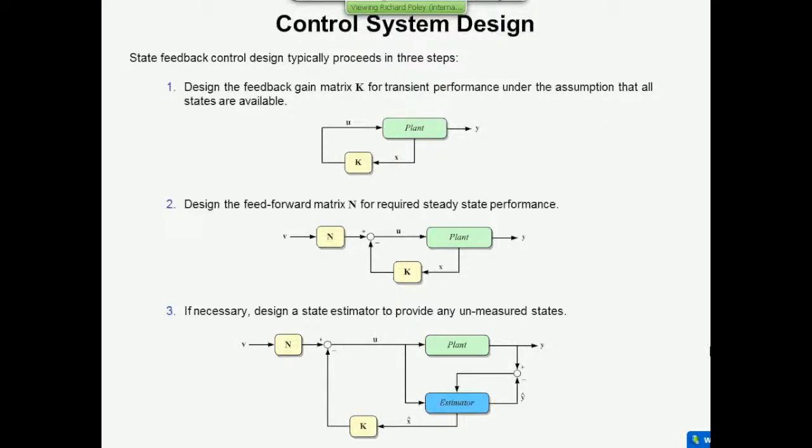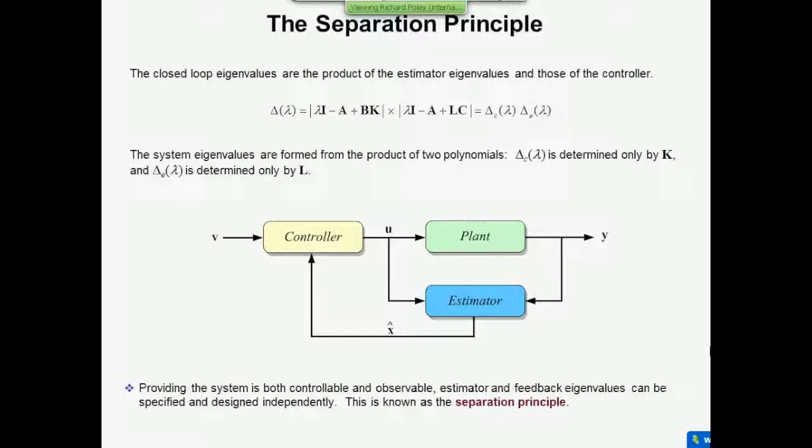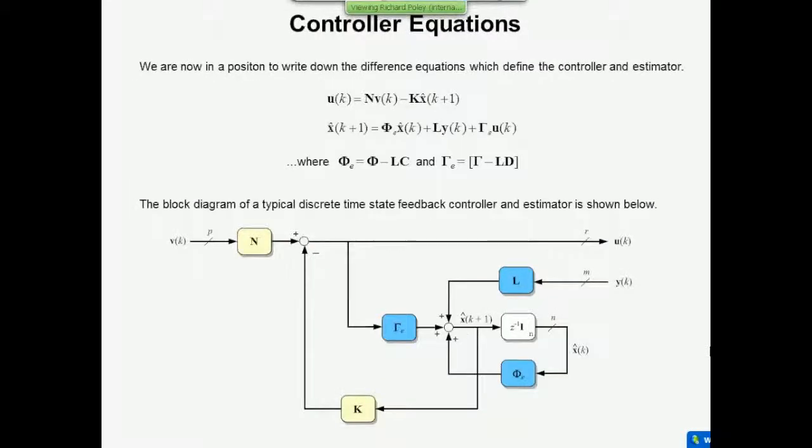And in fact, they don't, and the justification for it is contained in something called the separation principle, which is not derived, but at least stepped through in the book in a little bit more detail. And what it says is that the eigenvalues of the overall thing, including the estimator, are in fact the product of the closed-loop controller eigenvalues times the estimator eigenvalues. So you can separate them out. In fact, the separation principle is the justification for proceeding in 2 different steps, controller first, estimator second, because they don't influence one another. And that's why you can select them independently. It's called the separation principle.